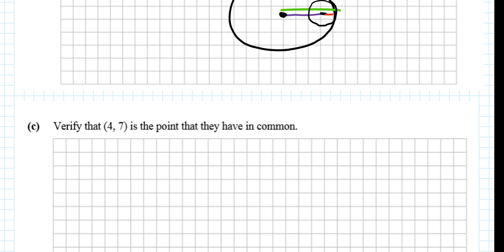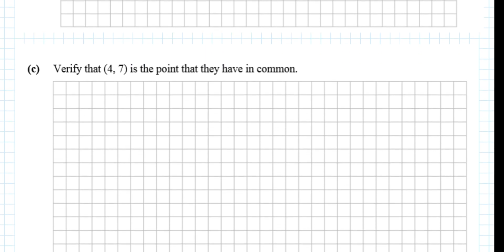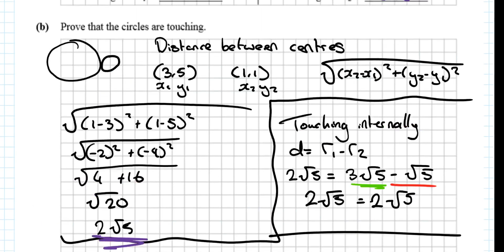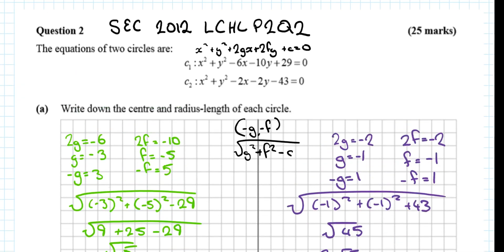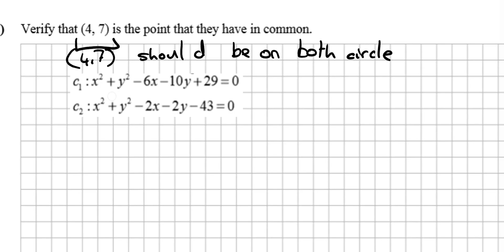Verify that 4, 7 is the point that they have in common. So therefore, 4, 7 should be on both circles. And how do I know if it's on both circles? I'm just going to take a snip of this. So here's both our circles. So we're going to go